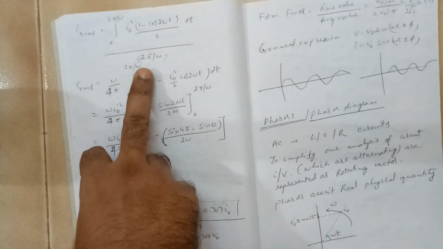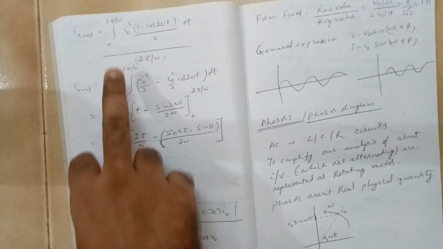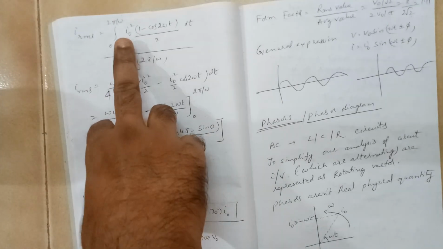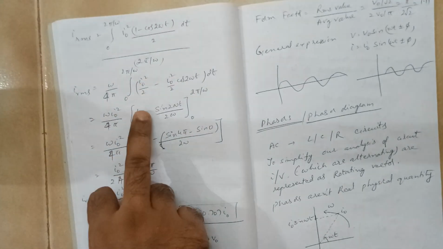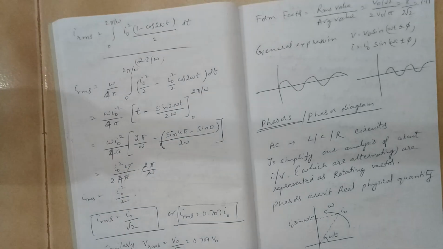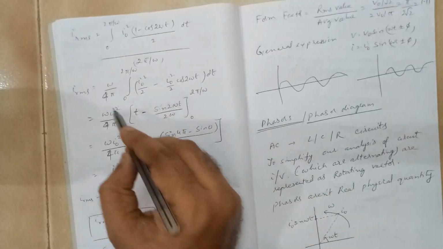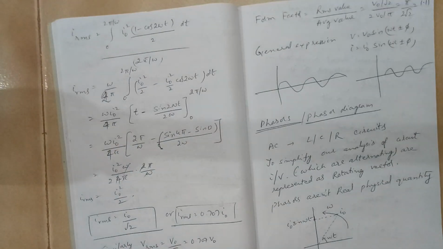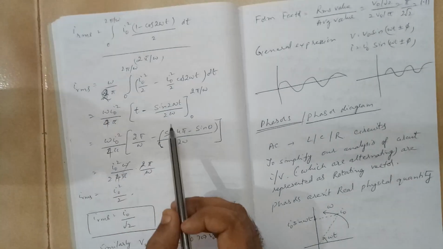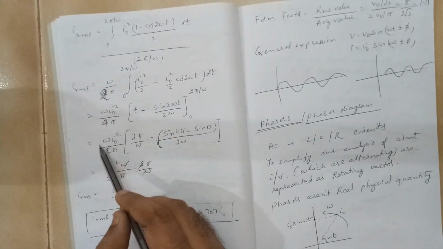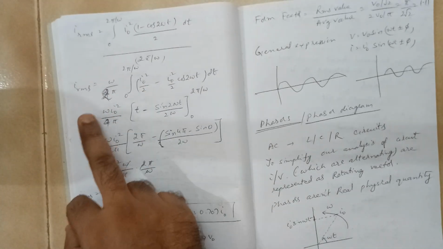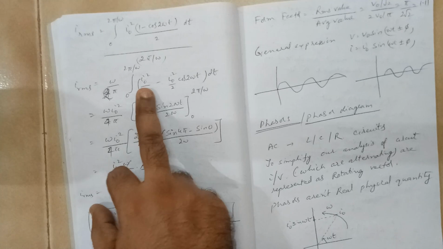Now for this 2 pi by omega and this 2 that is there, when you take it upside it will become omega by 4 pi. Integration, take I0 square inside: I0 square by 2 minus I0 square by 2 into cos 2 omega t. If I am taking this 2 here, I have to write 2 here, not 4. Okay. Now in this step, here it will be 2 pi only, but in this step I am taking 2 outside, so I can write 4 here.